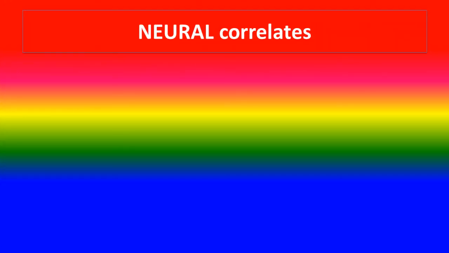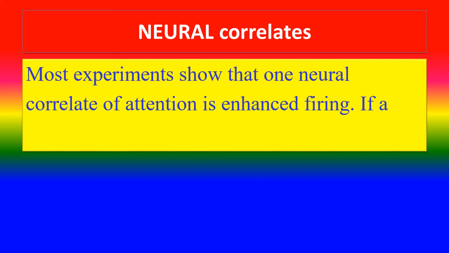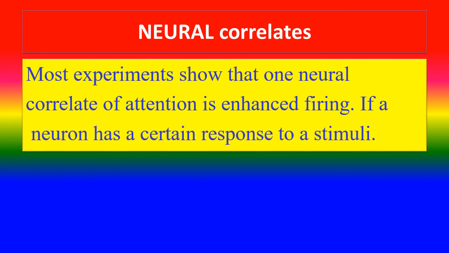Neural correlates of attention. Most experiments show that one neural correlate of attention is enhanced firing. If a neuron has a certain response to a stimulus,